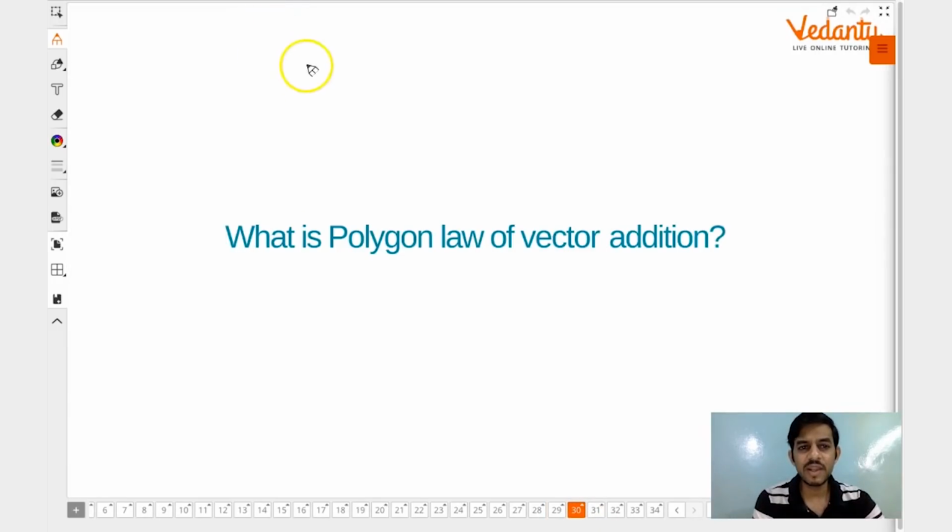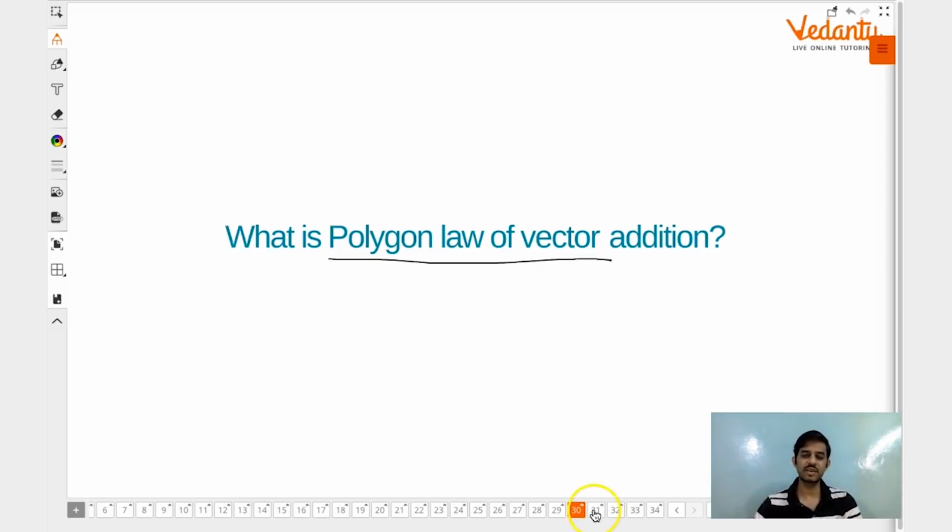गाइस, 2 लॉज हमने पढ़ लिए, ट्राइंगल लॉ एंड पॉलीगॉन पैरेललोग्राम लॉ। देयर्स वन मोर लॉ कॉल्ड पॉलीगॉन लॉ ऑफ वेक्टर एडिशन। अगेन बहुत ही सिंपल है। पॉलीगॉन लॉ इज नथिंग बट ट्राइंगल लॉ का बड़ा भाई। ट्राइंगल लॉ स्पेसिफिकली इज यूज्ड ओनली फॉर एडिंग 2 वेक्टर्स। अगर 2 से ज्यादा वेक्टर्स आ गए, उनको ऐड करना हो, सो वी हैव पॉलीगॉन लॉ। स्टेटमेंट वाइज यू विल सी ईच एंड एवरी स्टेटमेंट इज द सेम। एक एक वर्ड सेम मिलेगा एक्सेप्ट 2 की जगह मल्टीपल वेक्टर्स है। कैसे? लेट्स सी इट।